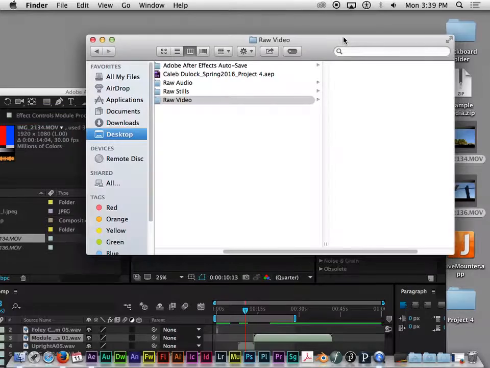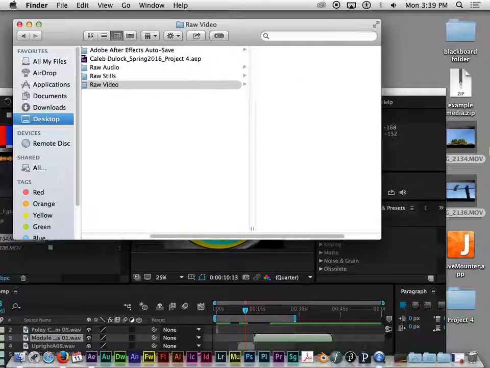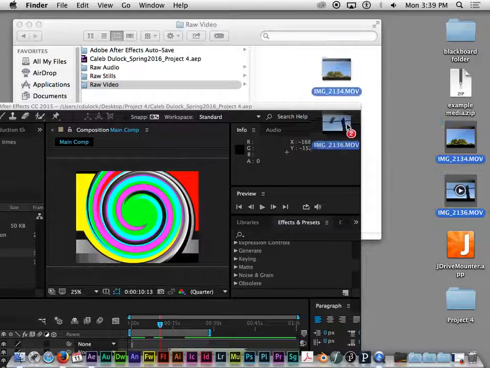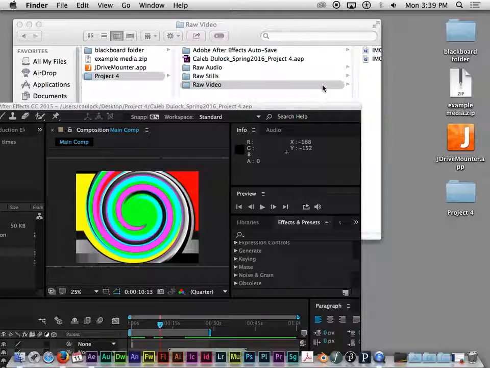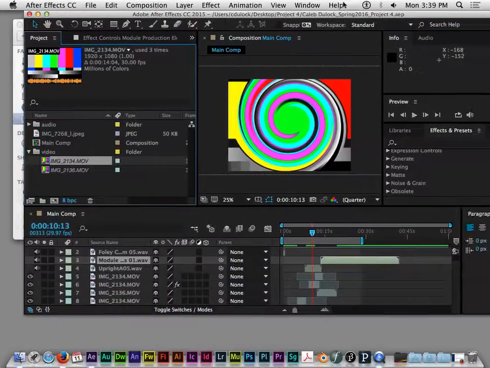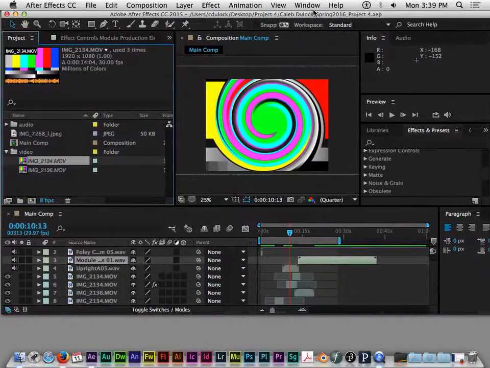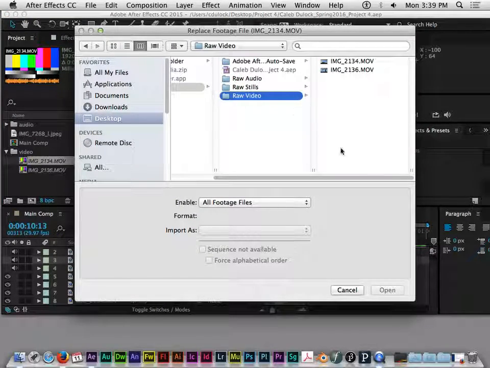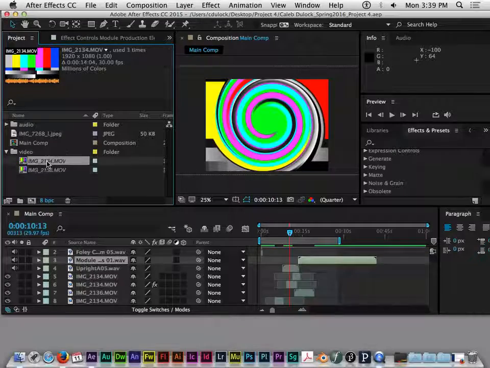So I always go and find it and locate it. I know mine's on the desktop. It was an easy fix, right? So I'm going to drag it back into my raw video folder and go back to After Effects. After Effects does not magically update when you do that step, by the way. It still assumes everything's disconnected. When you still have that problem happening, you can double click on one of the dead unassociated media files,